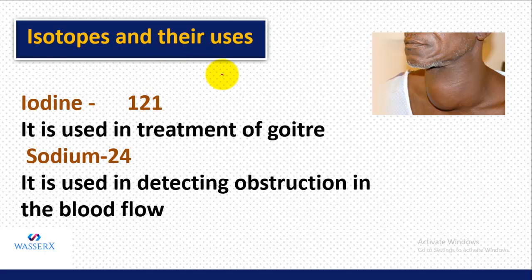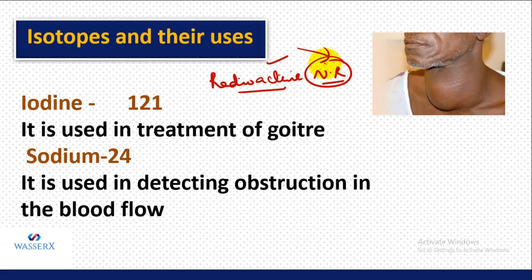Now, the isotopes can be radioactive and they may be non-radioactive also. What do you mean by radioactive and non-radioactive? Radioactive isotopes are those which have an unstable nucleus. Their mass keeps on disintegrating in the form of rays, and they keep on emitting harmful radiations like alpha, beta and gamma rays. So they are very dangerous. But there are certain isotopes which are non-radioactive. They are not harmful to us, as they do not emit any harmful rays. So accordingly, they have specified uses.